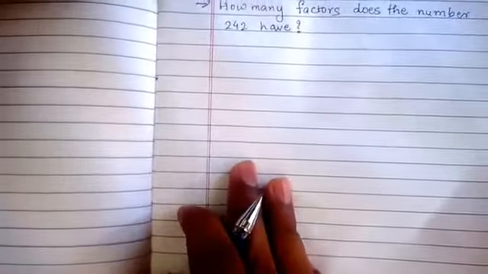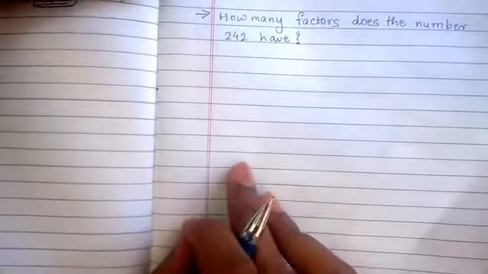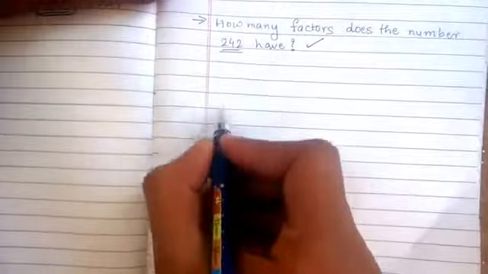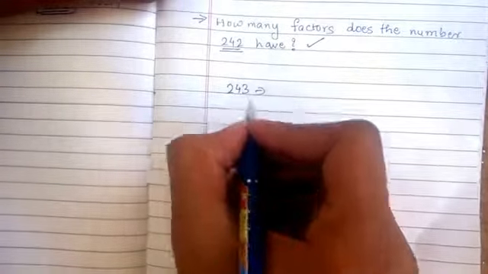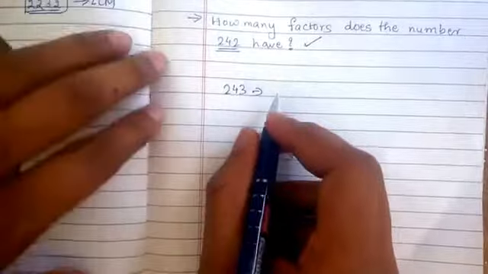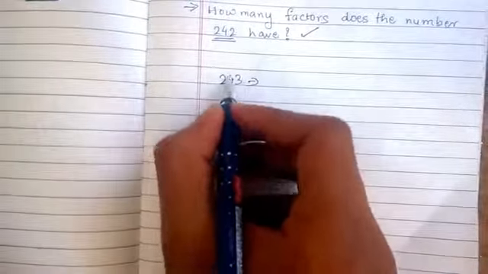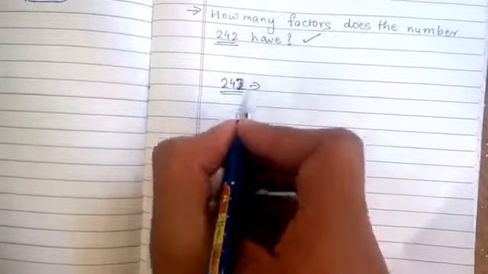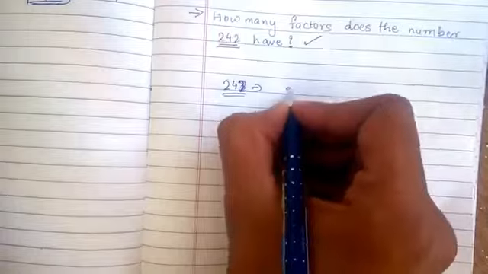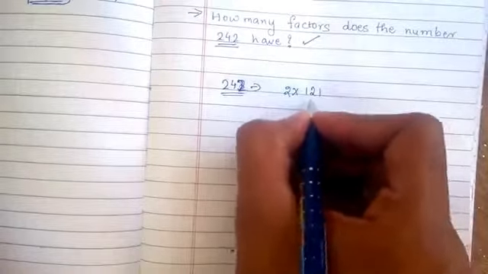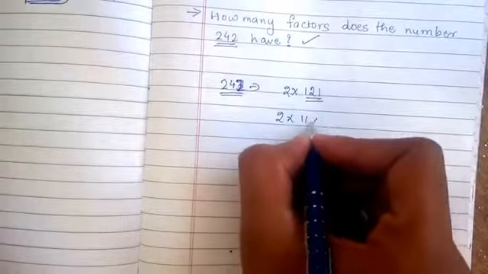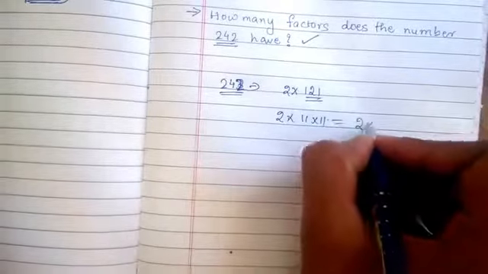The next question: how many factors does the number 242 have? To find the number of factors, we have to write this number as a prime factorization. We have to use prime factorization, split up this number and write it. So 242, it is not 243, 242 can be written as 2 into 121. We see that 121 is a multiple of 11, so 2 into 11 into 11, that is 2 into 11